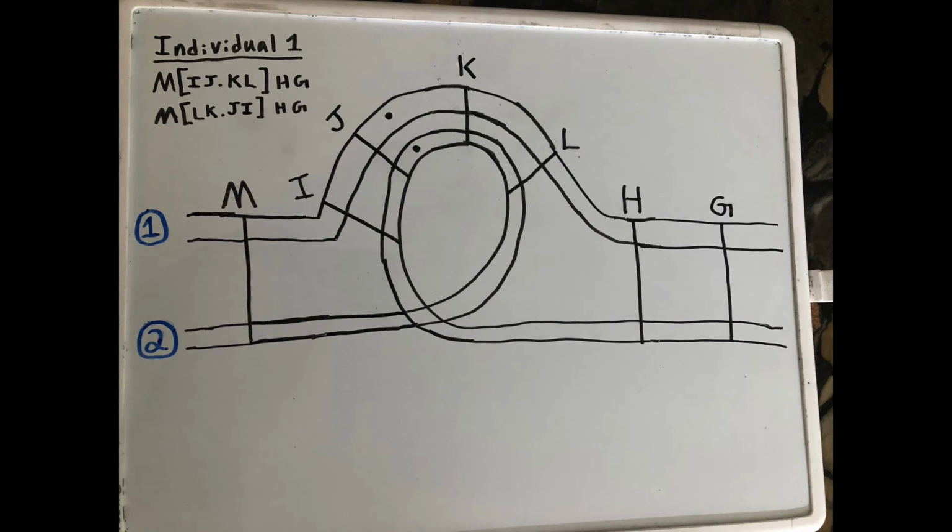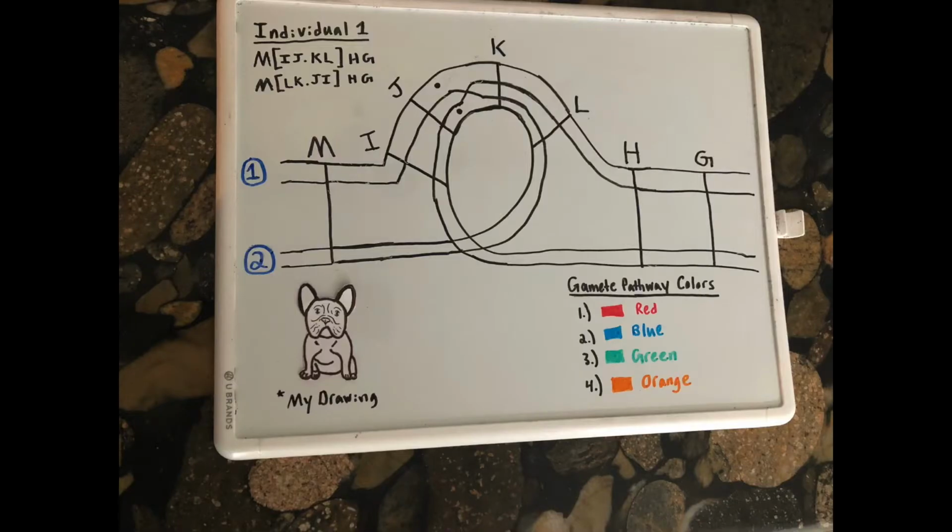We can go ahead and add our genes to our two chromosomes. We will start to the left where M is labeled, to the outside of the loop. Within the inversion, our genes are labeled as I, J, followed by our two centromeres K and L. Lastly, H and G are labeled to the right side of our loop. Now that we have our genes labeled, we need to understand that a single crossover occurs between the J and K loci, which is drawn out in our loop.